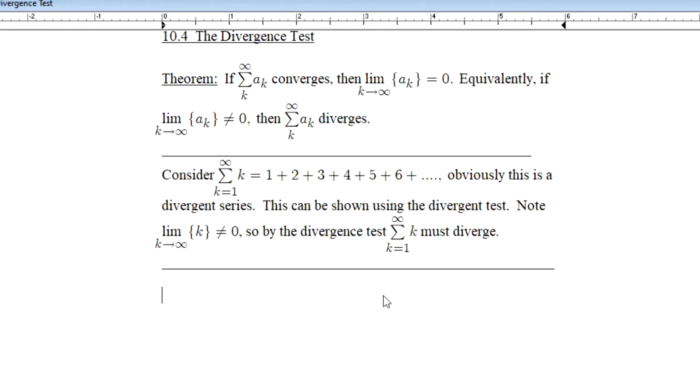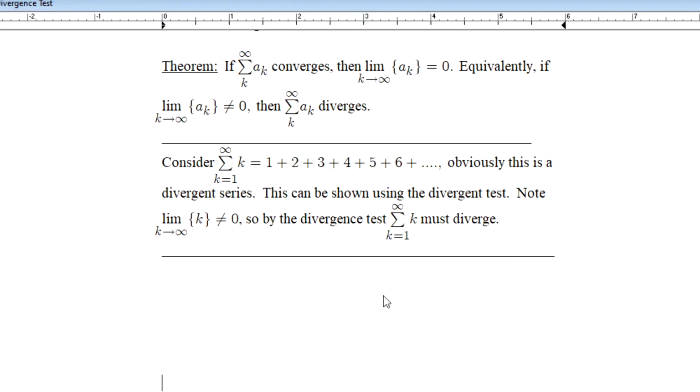Again, the divergence test can only be used to show that a series diverges. All right? It cannot be used to draw a conclusion about convergence. All right? If we look at another example here,